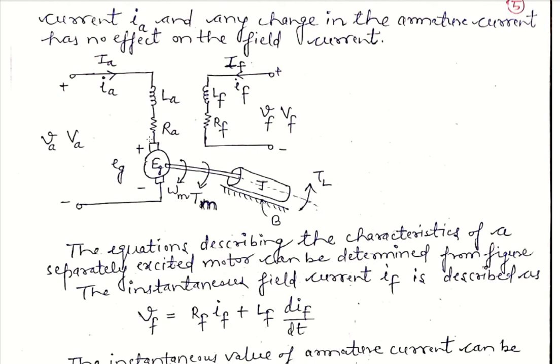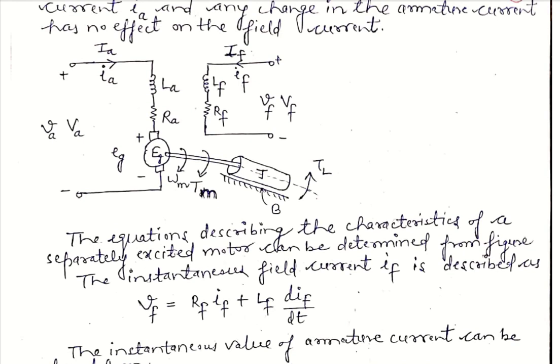This is the DC motor, and through its shaft we connect the load having inertia J and friction coefficient B. The load torque is in the opposite direction to the motor torque, because the motor torque balances the load torque. The resultant speed is that at which the load is rotating. Omega m is the speed of the motor in the clockwise direction.